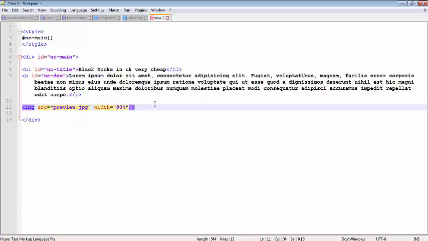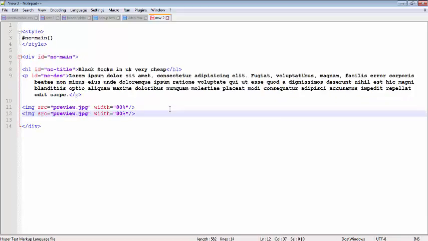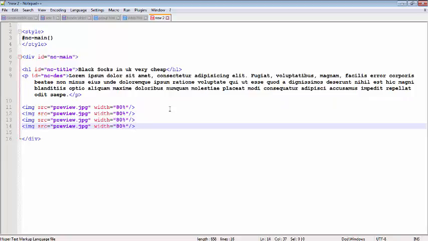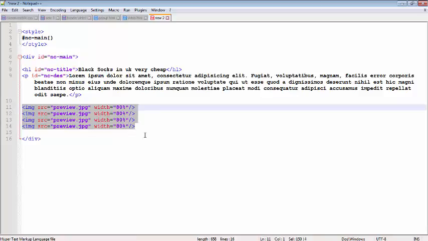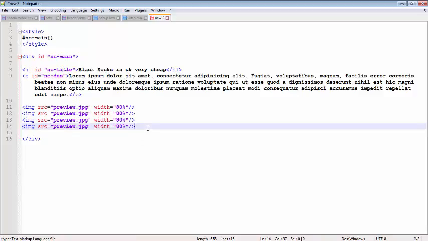That is one image, and you just need to copy and paste it as many times as you want. For example, we need 4 times, 1 2 3 4, so we are using 4 images. Here you will need to just change the path of the images. For example, maybe you have more than one, 3, 4, 5 pictures of your product, so you can use them and that will be free of cost, no problem, because some sites charge more money if you upload more photos about your product. So you can host on any website, there are lots of websites like Dropbox and others giving the URL of your images where you can upload free of cost.